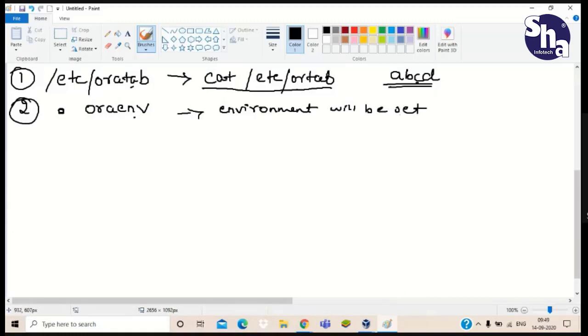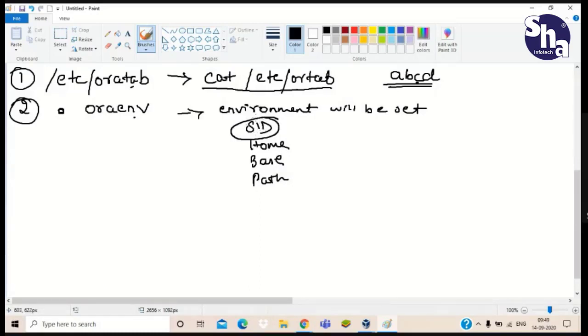The things that will be set are our SID, Oracle home, base, and path. This will be set because every database needs information regarding it.